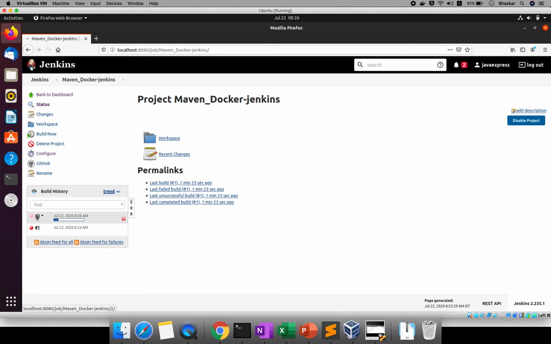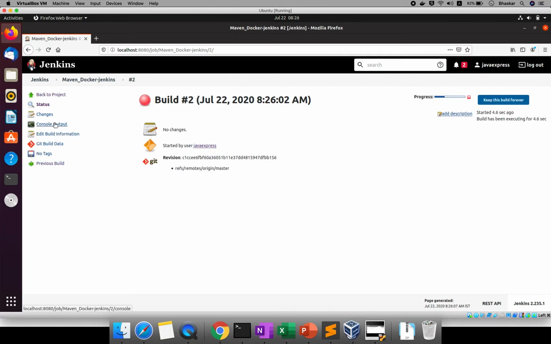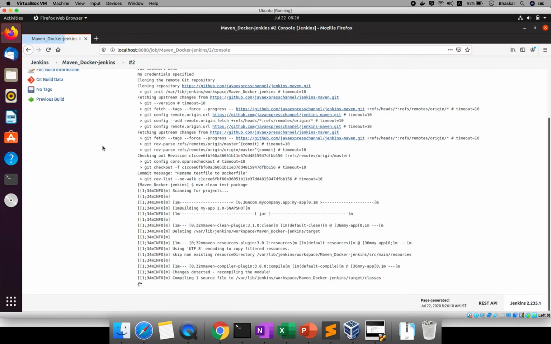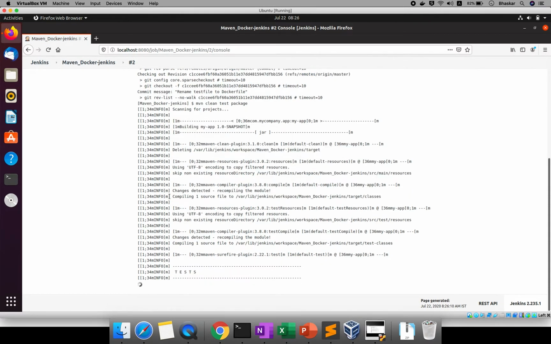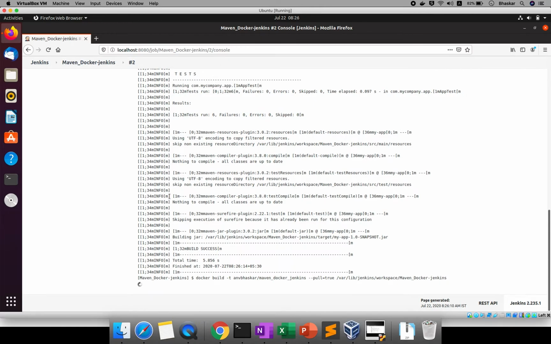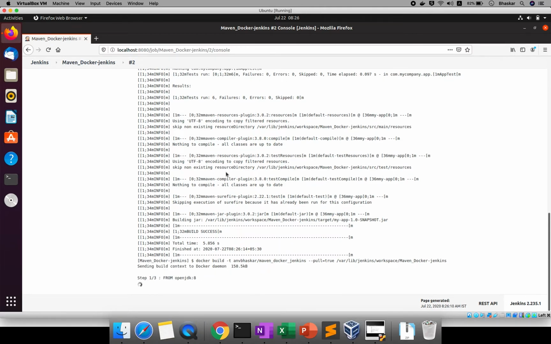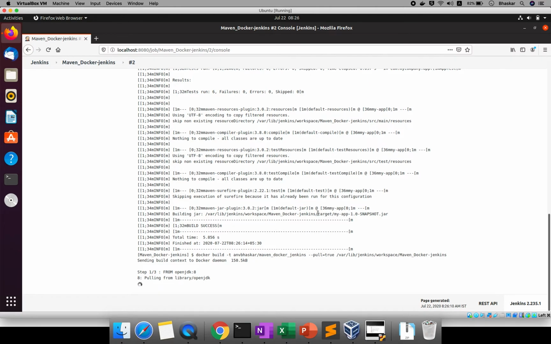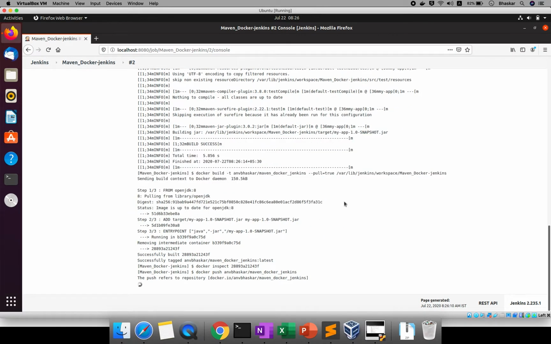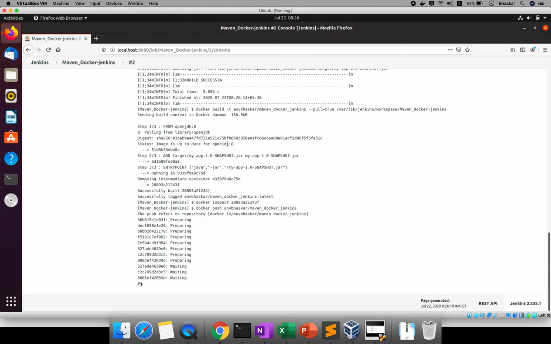In a separate session I will also explain about Maven. We have a lot of things we need to know, a lot of commands we have in Maven also. Okay, if you observe here, the build is successful. The jar file is created inside the target folder. Okay, target, your build is a success.